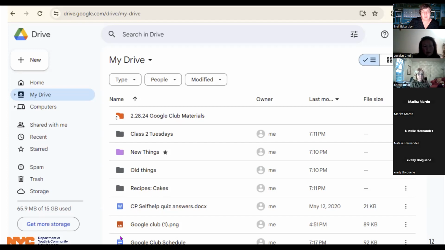Okay, so we know that these are different file types. These icons have shown us that. What about these folders? If you look at your Google Drive right now, do you have different colored folders? No. And the default is this gray color. So the nice thing with Google, and I'll go out in a minute and we'll look at actually playing around and finding where you can make those color changes.